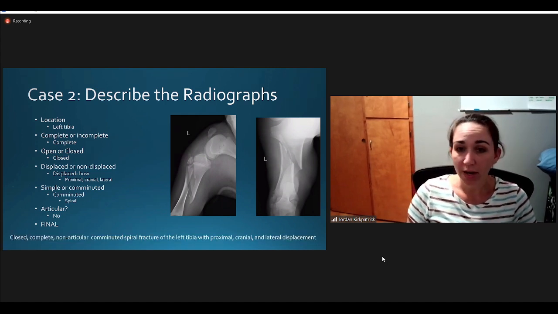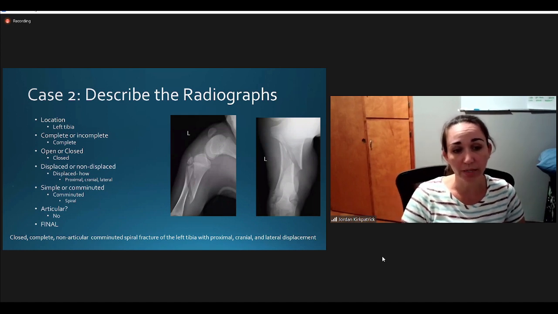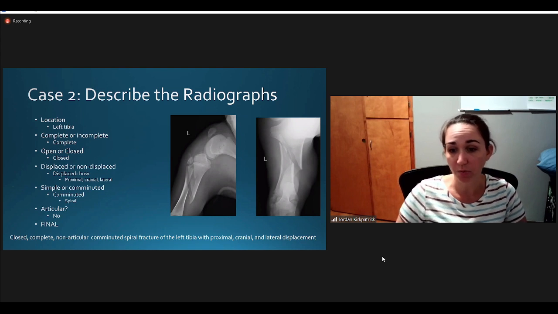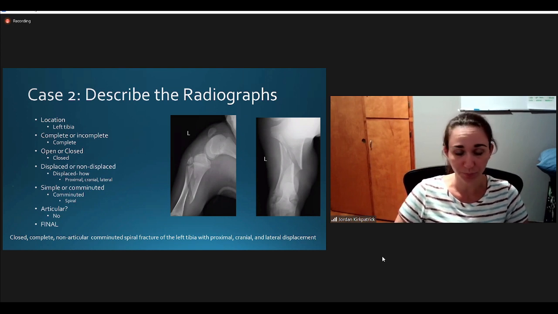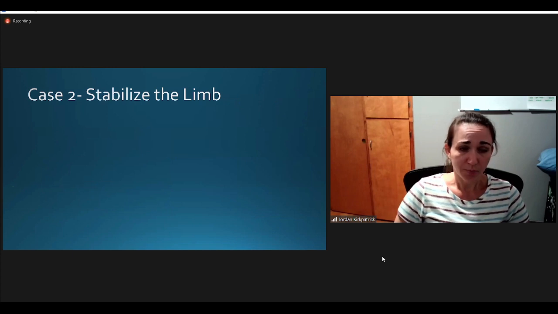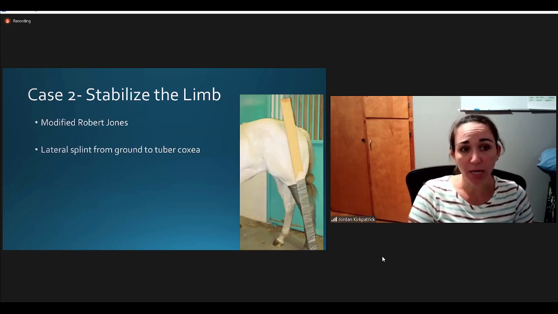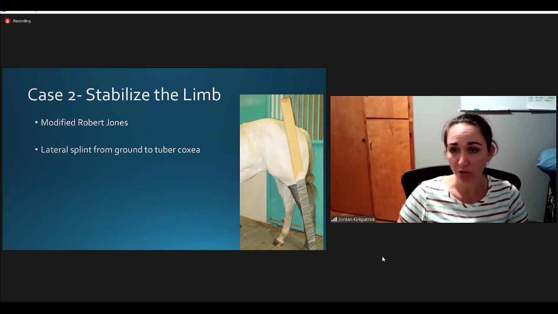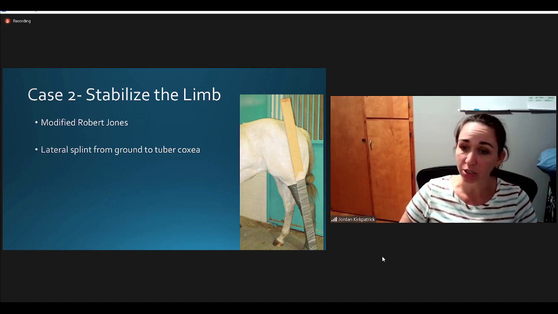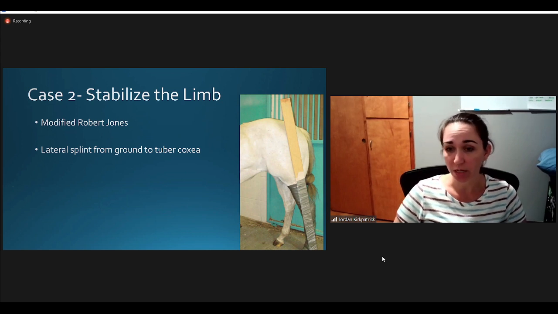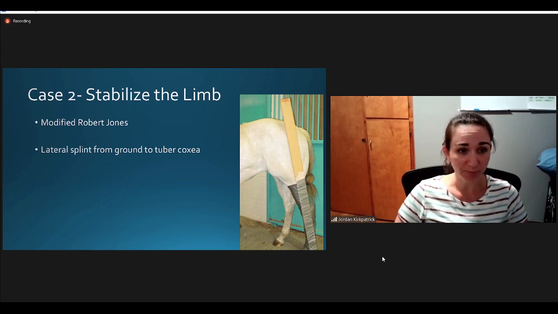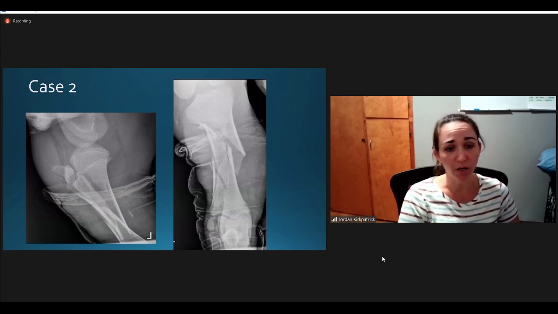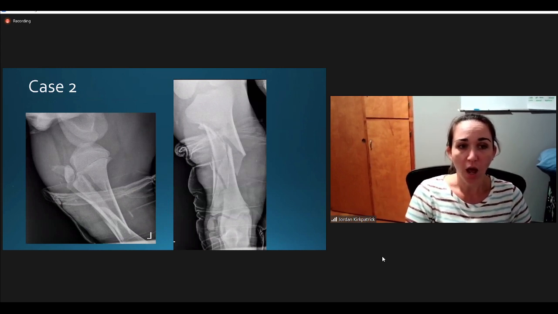And so the final description would be a closed, complete, non-articular, comminuted spiral fracture of the left tibia with proximal, cranial, and lateral displacement. The appropriate way to stabilize that would have been a modified Robert Jones and a lateral splint from the ground all the way to the tuber coxae to prevent abduction of the limb and try to protect the medial aspect of the leg. And so this was actually a calf that came to me a couple of years ago, and